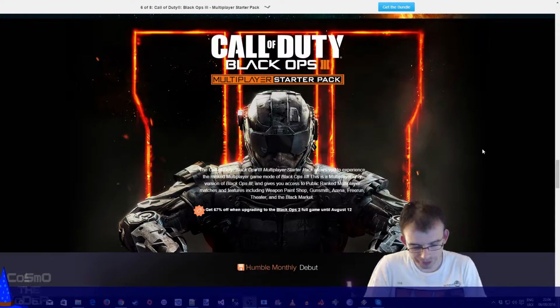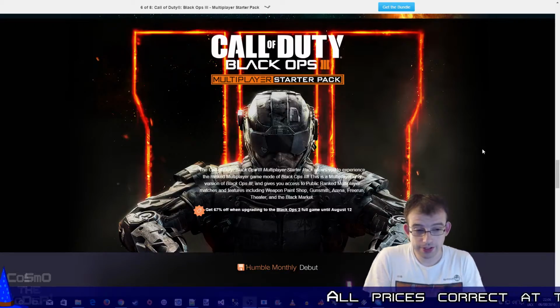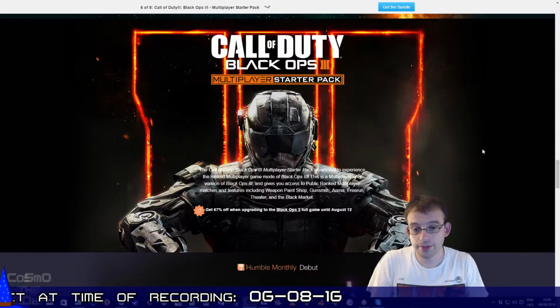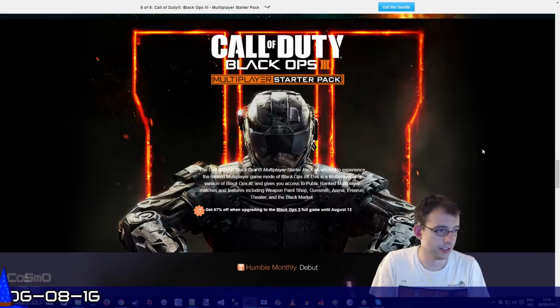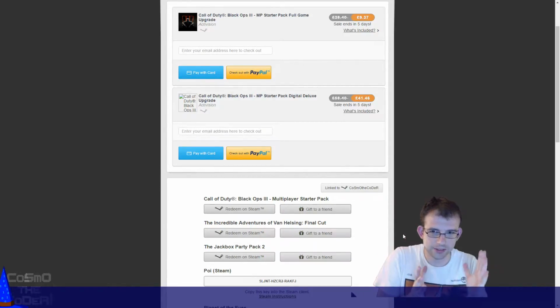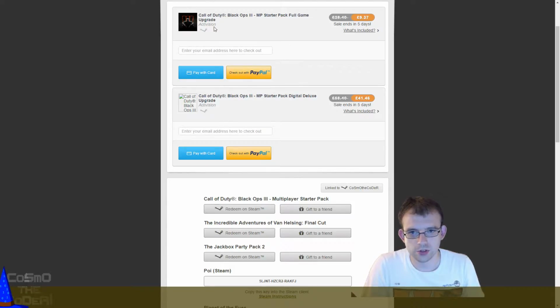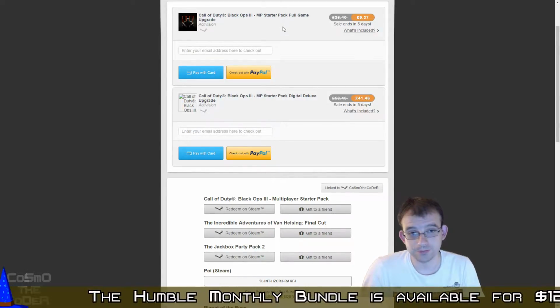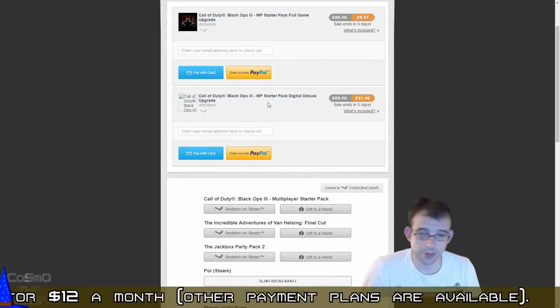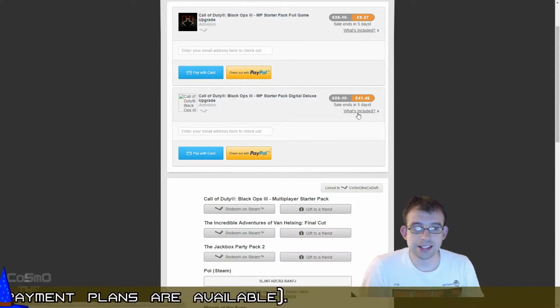a voucher. At the moment, this voucher gives you the ability to purchase the full game for a discounted price. And I think if I do this, no, hang on, there we go. I can change it over. So this is what my humble page looks like right now. Basically, what you get is two options. You can get the starter pack full game upgrade for what is at the moment £9.37. Or you can get the multiplayer starter pack digital deluxe upgrade, which includes the season pass, whereas